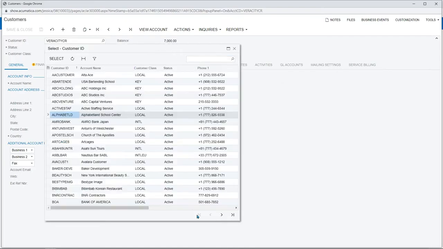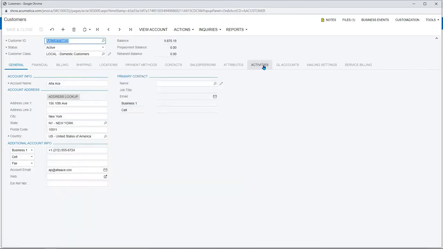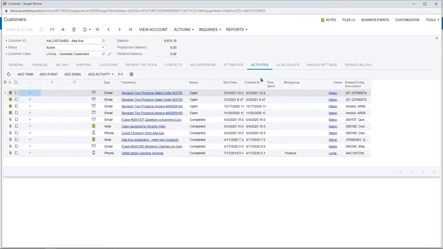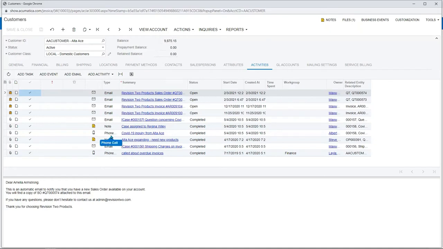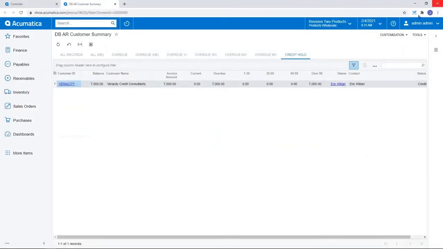For example, I'll show you an example of a customer that probably has some good data in here. When I look under that activities tab, just take note of all of the interactions I can see between myself and this customer. Emails being exchanged and notes on the record and phone calls that are being logged. So we always know from a customer satisfaction standpoint where we stand with that customer and if there is anything that was recently performed or that we might need to draw attention to.